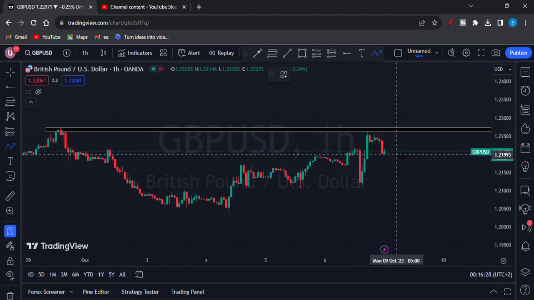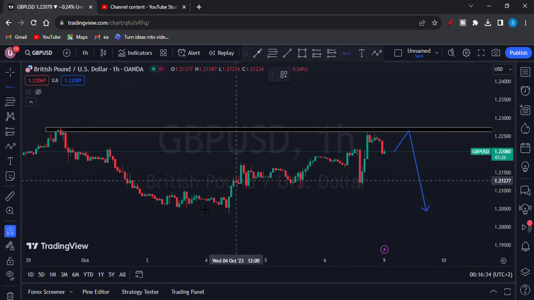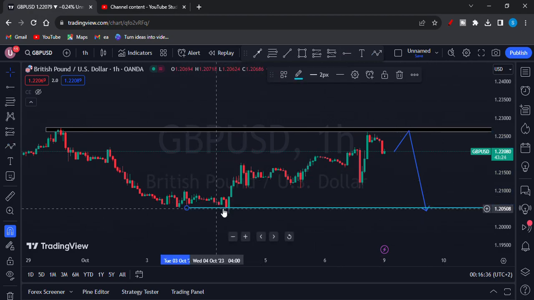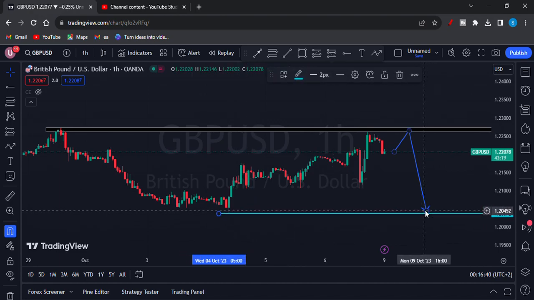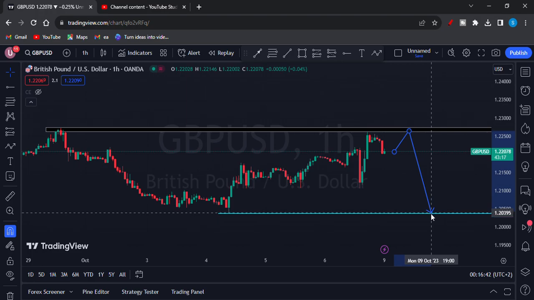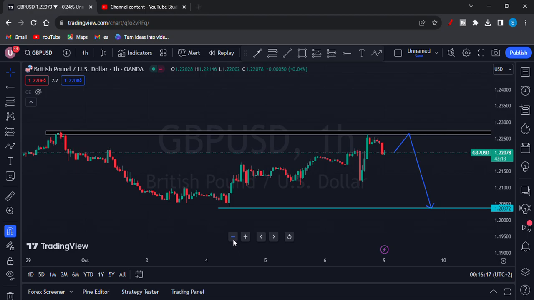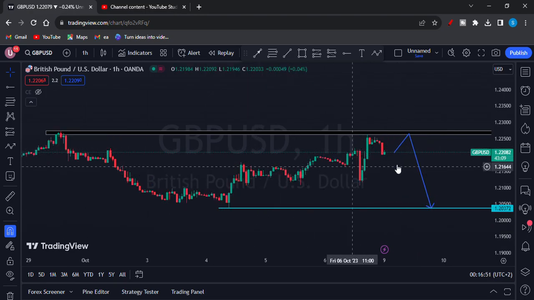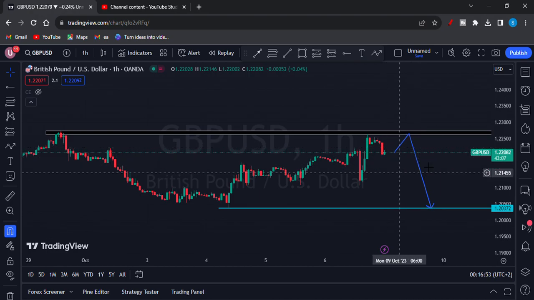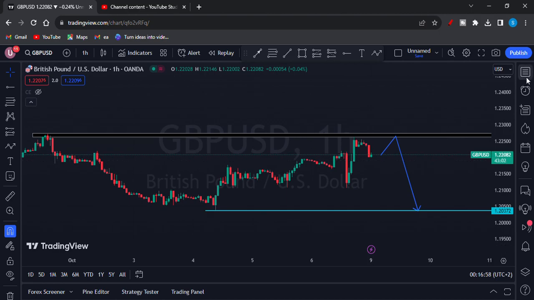So the market can come to around these areas and then potentially sell. All the analysis that I'm doing right here is for entertainment purposes, or even to see what my thoughts are based on this analysis. So for GBPUSD, this is what I'm going to look out for. And let's go to